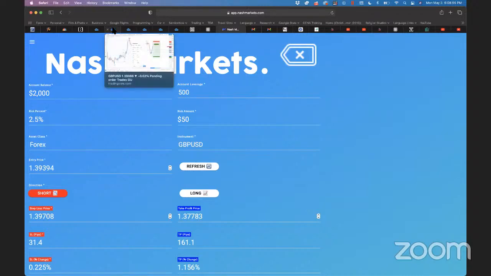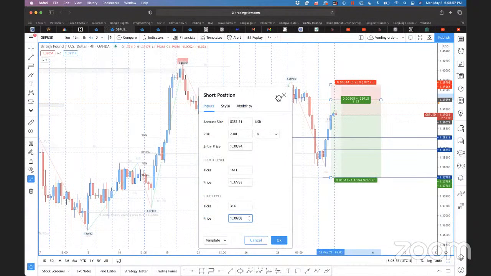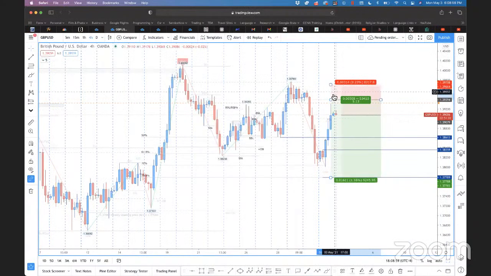And you need to be comfortable with knowing that if price just so happened to come up here and hit my stop loss, guess what? I'm only losing 50 bucks on a $2,000 account. Cool. I don't have no problem doing that. But what I'm not going to do is sell from here and sit through this whole ride going back up, knowing that there's a potential that it may not come back down,